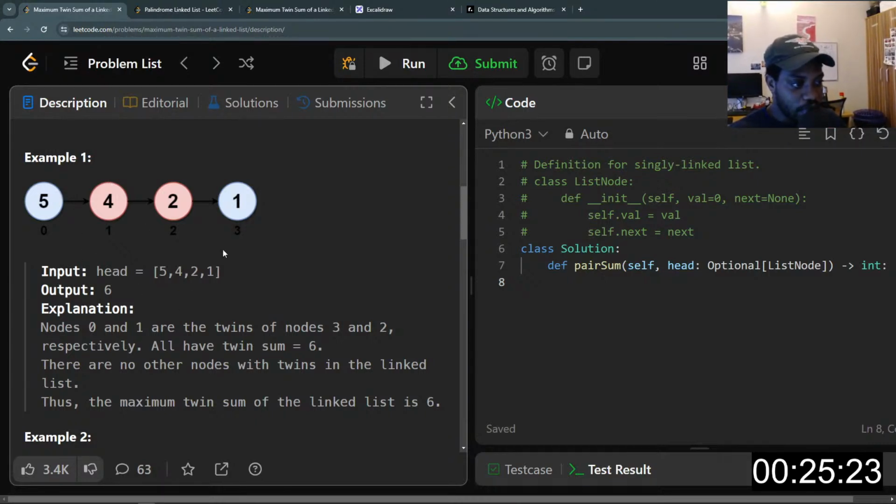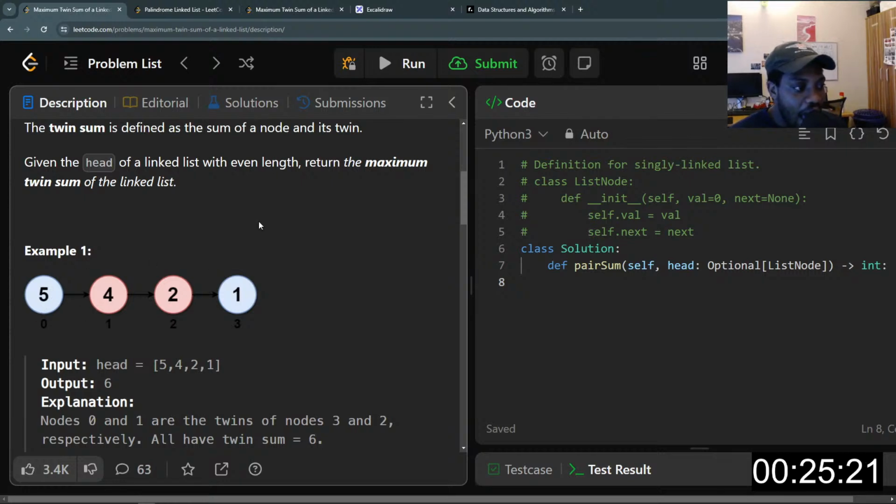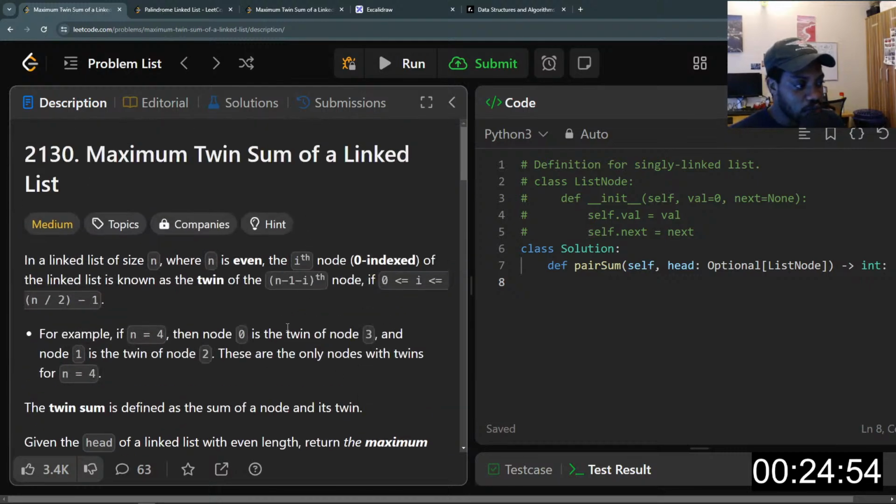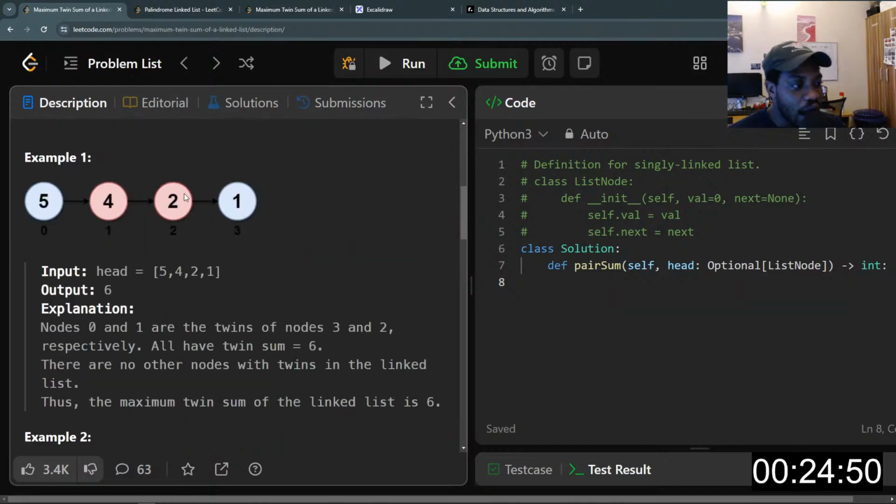So when we start from the beginning, it's going to be n minus 1, when we start counting from 0. If the length of this array is 4, then n minus 1 is going to be 3. Since we start counting from 0, 3 is going to be the last item in the array, and minus i is basically minus 0. So this will still give us 3, which is what this part says. So let's take a look at how we can